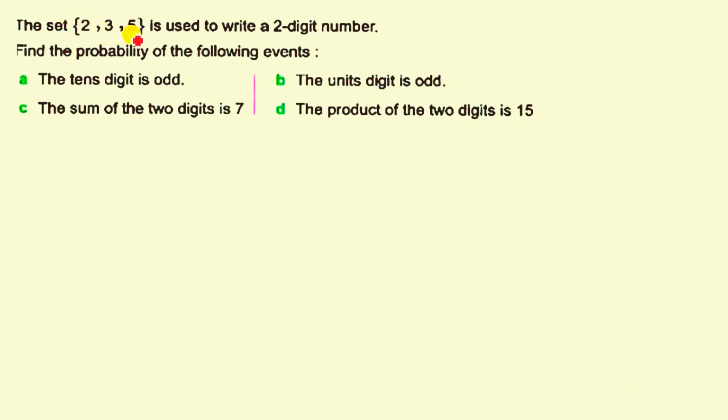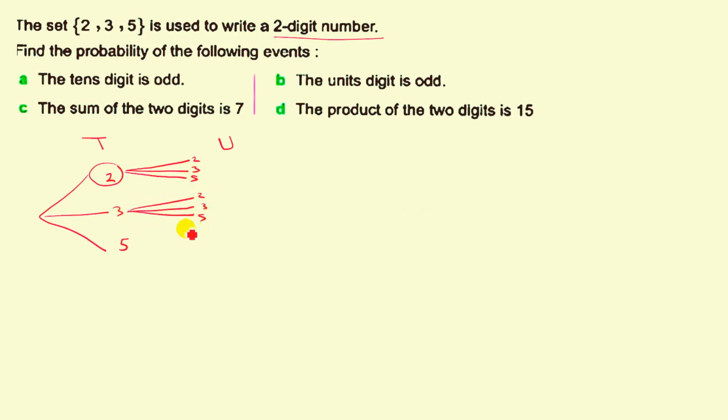The set 2, 3, 5 is used to write a two-digit number. Find the probability of the following events. تعالى نكتب السامبل سبيس، units طبعا tens units. هنا 2 3 or 5، طبعا ده التري دياجرام. لو كانت tens 2 برضه منقدرش نحدد اليونتس هتكون إيه، يا 2 يا 3 يا 5. the same way هنا يا 2 يا 3 يا 5